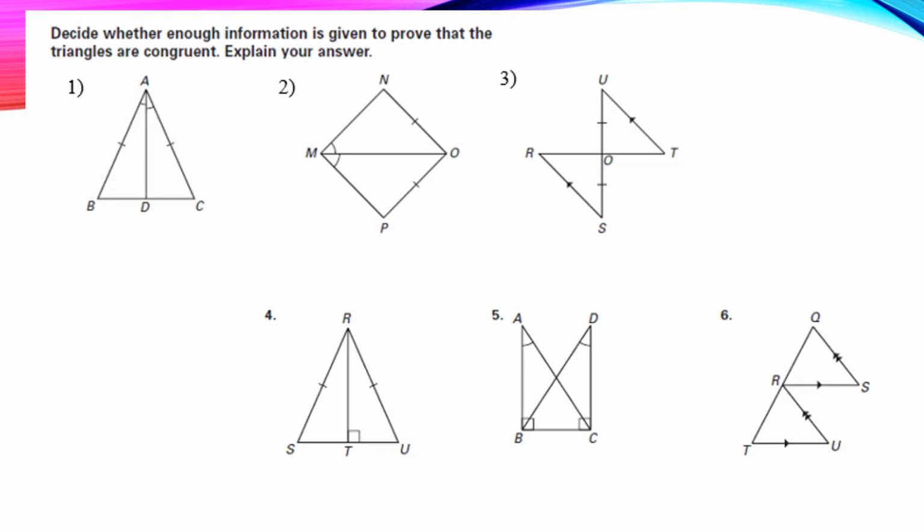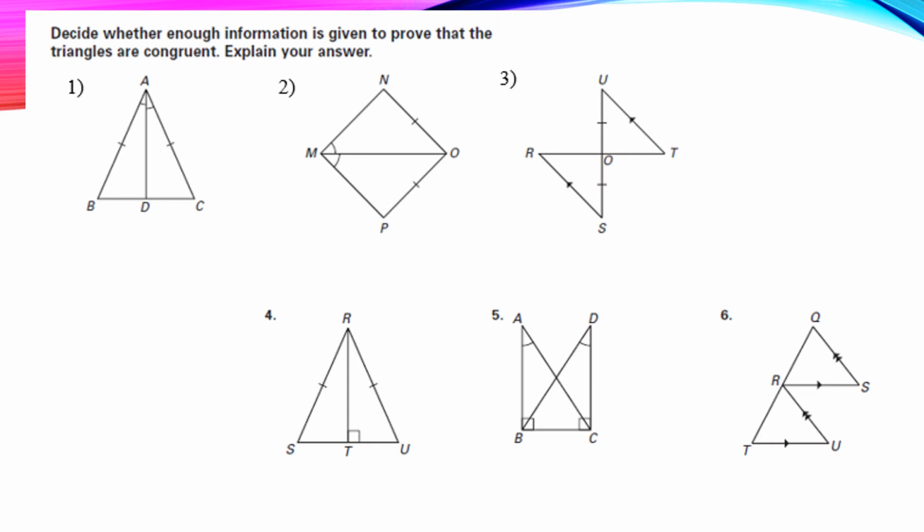Okay, so then these ones, we need to determine if there is enough information to prove that the triangles are congruent. So it does not have to be by the HL theorem. It can be by any theorem. As long as you can prove that they're congruent with the information, then you can prove that they're congruent. So for number one, we have